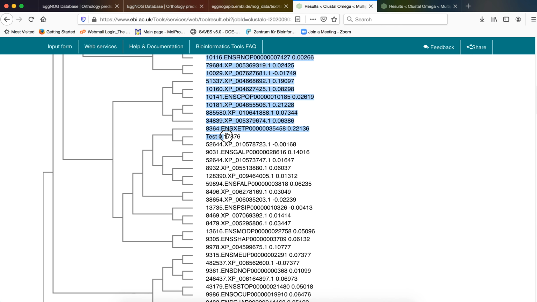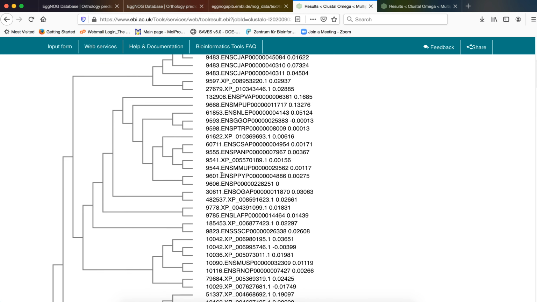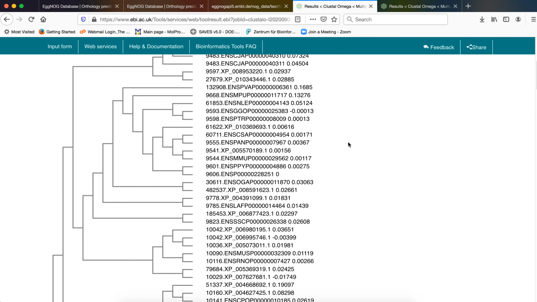See, our test sequence is also finding a place as part of one of the sister nodes that are provided here. Okay, so then what we need to do is copy and paste this particular image of the tree and save it for our future use.